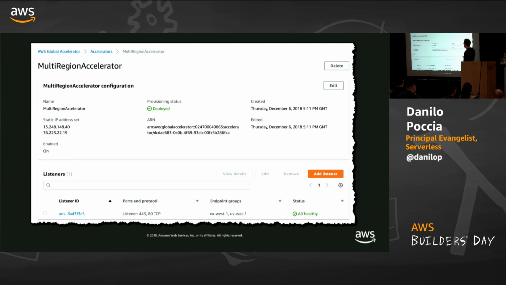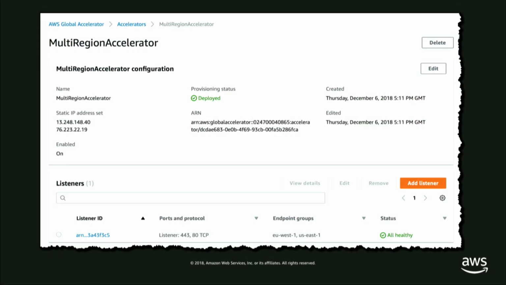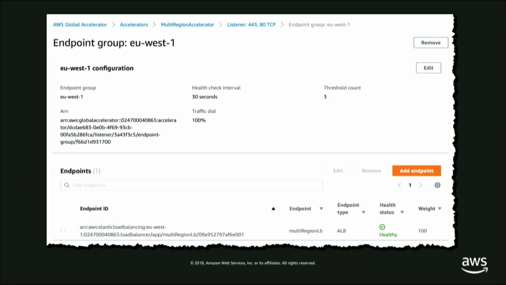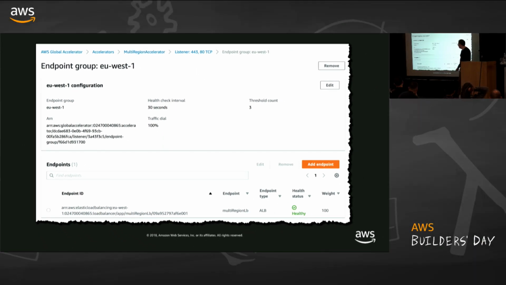So with the accelerator, you can create your accelerator. The accelerator can accept different listeners for different protocols. For example, here I have TCP on 443 and 80, so HTTPS and HTTP. And then you can attach to a listener multiple endpoint groups, like I have an endpoint group in US East and an endpoint group here in Ireland. And then each endpoint group can have a list of endpoints. In this case, I have a single endpoint with a weight, and I can send, for example, customers to this load balancer,